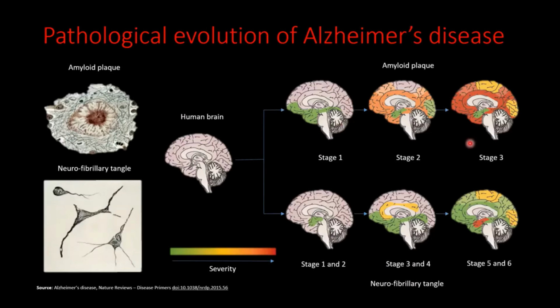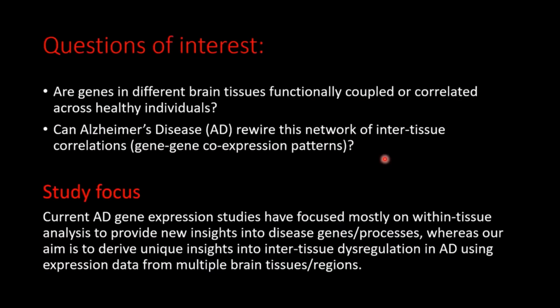And so this points to the need for analysis of multi-tissue gene expression data to understand what the genes involved are and how this disease progresses. So the main questions of interest that we are focused on are: are genes in different brain tissues functionally coupled or correlated across healthy individuals? And can we see